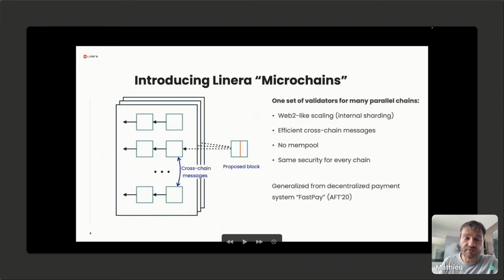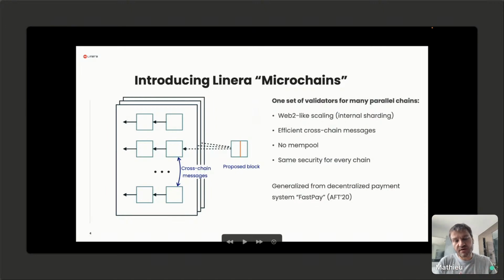And in fact, we have a name for them. We call them microchains. So now if we get into the technical details, we are going to have a system where we have a potentially unlimited number of parallel chains of blocks, parallel microchains, but we want them to be able to interact very efficiently. We also want them to have the same very high level of security, and so we're going to put them in a single set of validators. That's going to be very helpful for cross-chain messaging, for reasoning about the security of the protocol, and